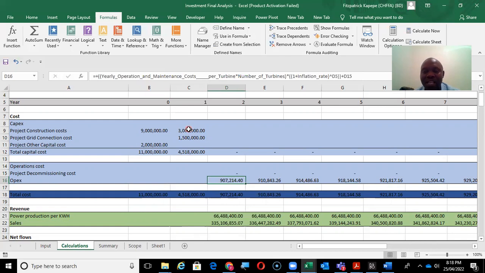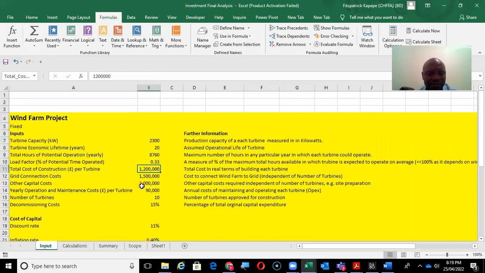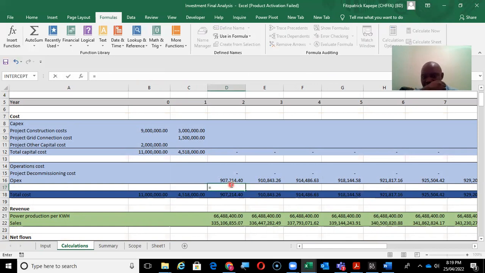But if I were you, I would not do it, because it is assumed that in that year, it's 90,000 per year, per turbine, sorry. In the first year, you will spend 90 times 10, it will be 90,000. Then afterwards, you can now start escalating it, because I assume that this is the price that I got, for me to spend on maintaining these turbines,